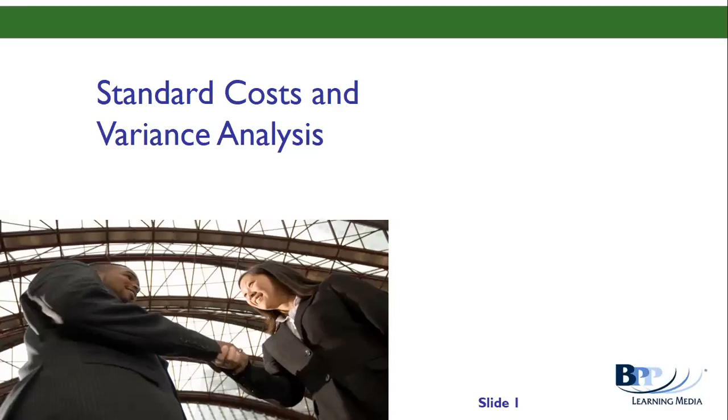Okay, this is our next chapter, standard cost and variance analysis. So actually we know that standard cost means the cost of producing one standard unit of output. It is something which we use in a traditional business environment. Like you have topic budgeting, standard costing, and then you go to variance. So standard cost actually is the cost of making one unit of output.